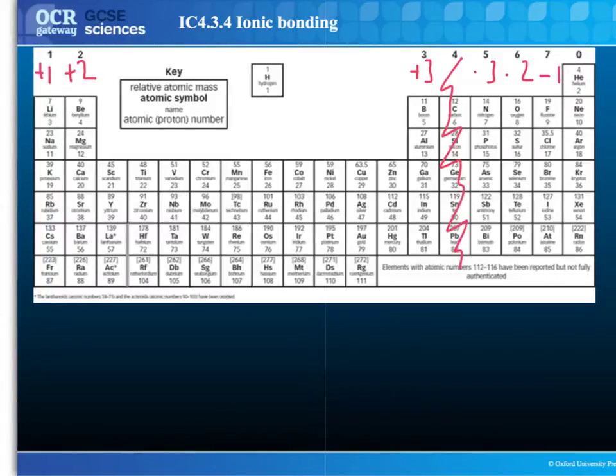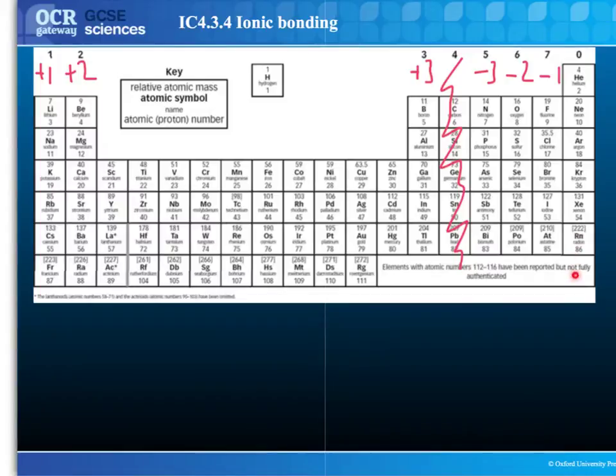So everything in group 1 forms ions that are +1. Everything in group 2 forms +2 ions. Everything in group 3, like aluminium, forms +3 ions. Everything in group 5 forms -3. Group 6, -2. Group 7, -1. What you tend to find is that things in group 4 are more often associated with covalent compounds, and